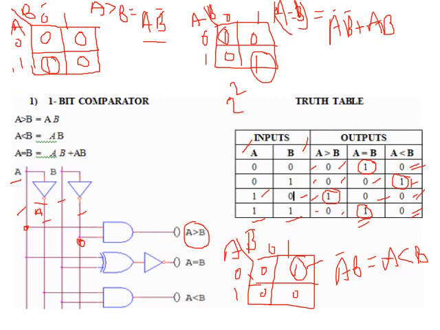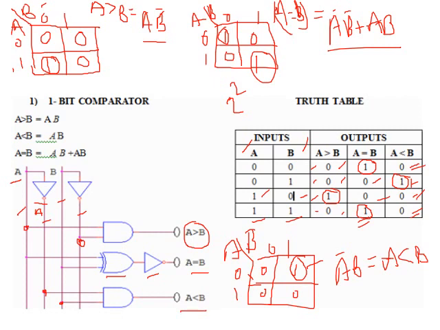Right? Similarly, what is its equation? A equals to B. The equation is nothing but an XNOR gate, right? So I can use an XOR gate followed by a NOT gate to get the output A equals to B. Similarly, the third one is A bar into B. So you just take the output of A bar and B, just AND it, you will get the output for A less than B.